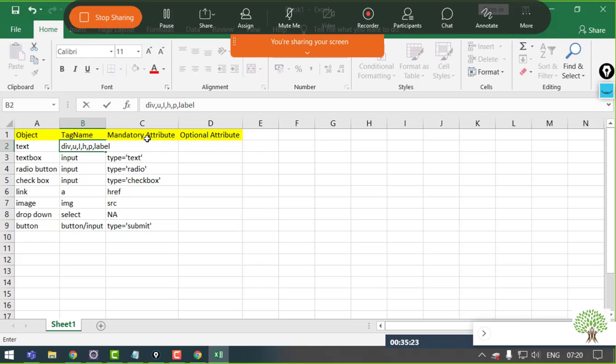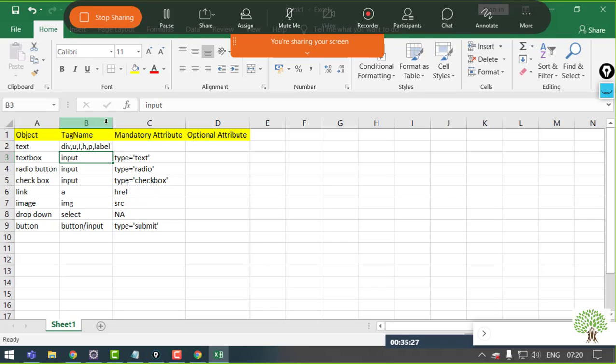Means there is no limitation for the text. You can just look for the text and inspect whichever tag name is being used. Plus, it's using a number of different tags for having the text on the web page. So no mandatory attribute is being assigned to it. It can have other attributes or it can have no attributes. Okay. Now this was about the mandatory attributes.